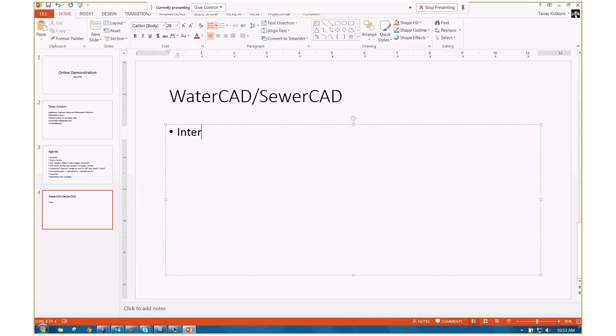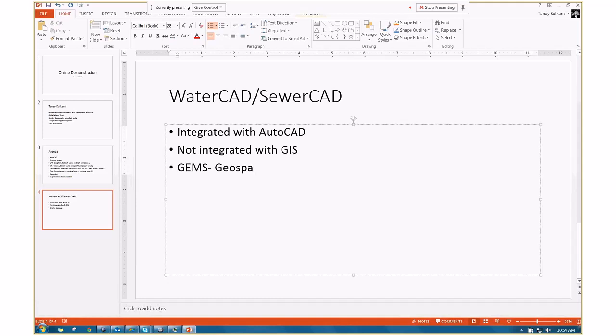It's completely integrated with AutoCAD, but it's not integrated with GIS. So that's the basic reason that you are getting an error, right? Yeah. And if you upgrade to GEMS, water gems or sewer gems,